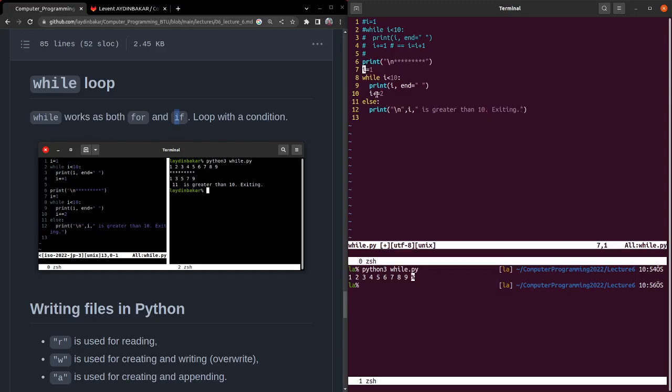Okay. This time I'm adding 2 to I. So in the first we will see 1 here, then it will be 3. It will check if it is smaller than 10, it will print 3. 5 is smaller than 10, 5. 7 and 9 are smaller than 10. Then it will come here with I equal to 11. This condition will not be true. Then it will come here and say that 11, which will be printed here, is greater than 10,